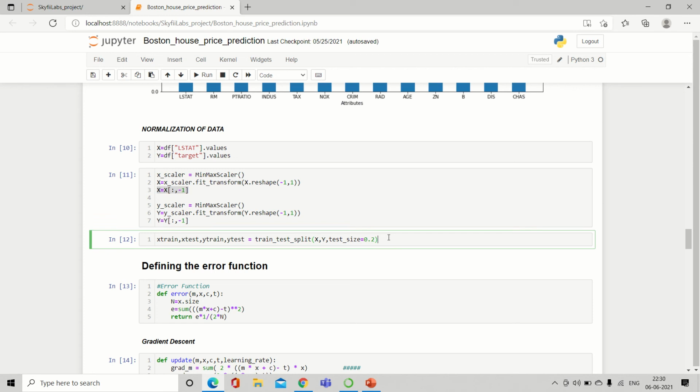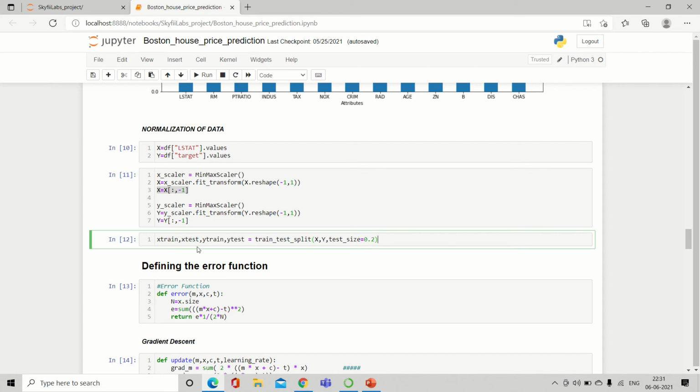And the next step is to split the data. We split the data into train data set and the test data set. Train data set is the data on which we are going to train the model, and test data set is the data set which we are going to use for testing the model, whether the model is predicting accurate values or not.